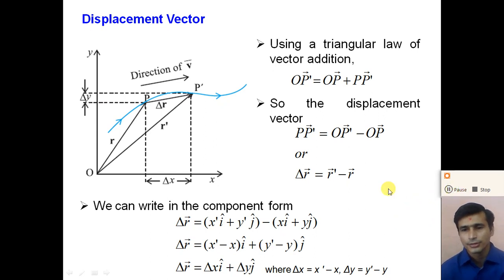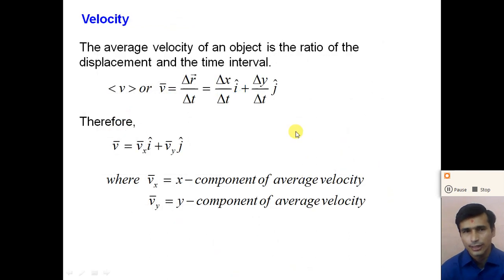So now, dear student, if the particle changes its position, we can say that the particle is in motion, and for that we need to define the velocity vector, right? If the velocity of the object changes with time, we need to define the acceleration. So let us see what velocity is, and how we can calculate the average velocity and the instantaneous velocity.